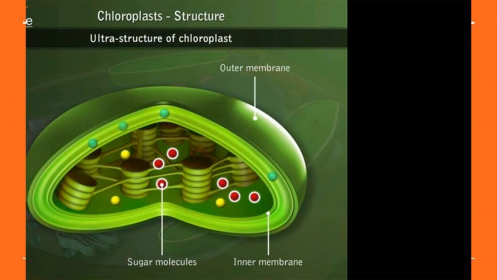First, the envelope. The chloroplast envelope has an inner and an outer membrane, which are separated by an intermembrane space. Stroma. The matrix present inside the membrane is called stroma. It contains DNA, 70S ribosomes and other molecules. Thylakoids. The thylakoid membrane encloses the thylakoid lumen. Grana. Some thylakoids are arranged in the form of discs stacked one above the other, and this membrane lamella is otherwise called the Fret channel.